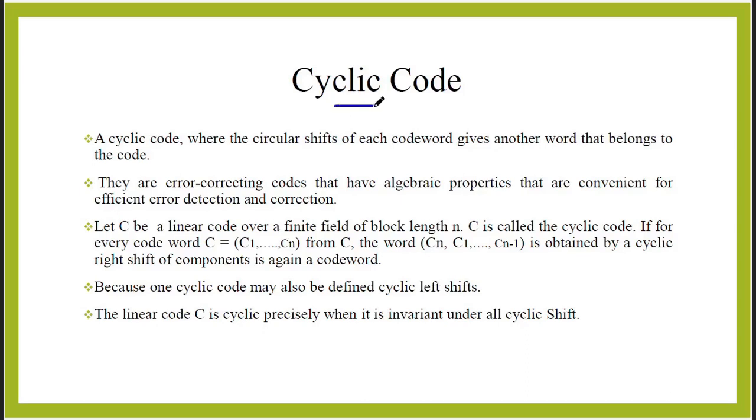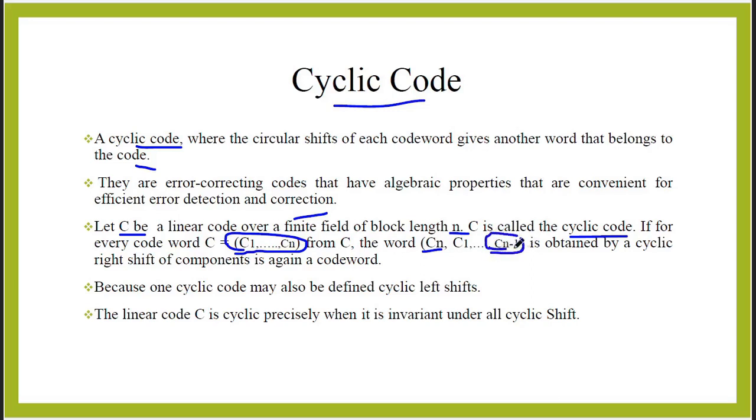Now, let's see about the cyclic code. A cyclic code is one where the circular shift of each code word gives another word that belongs to the code. They are error-correcting codes that have algebraic properties that are convenient for efficient error detection and correction. Let C be a linear code over a finite field of block length n. C is called a cyclic code if for every code word c1 up to cn from C, the word cn, c1 up to cn minus 1, where the last term comes up to the first term,